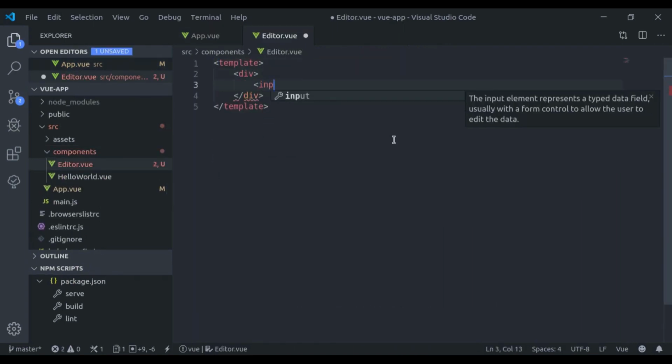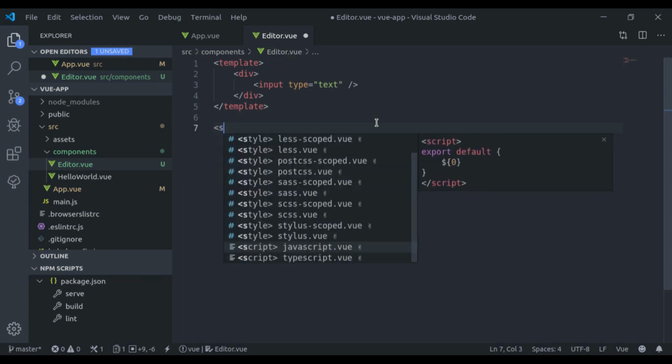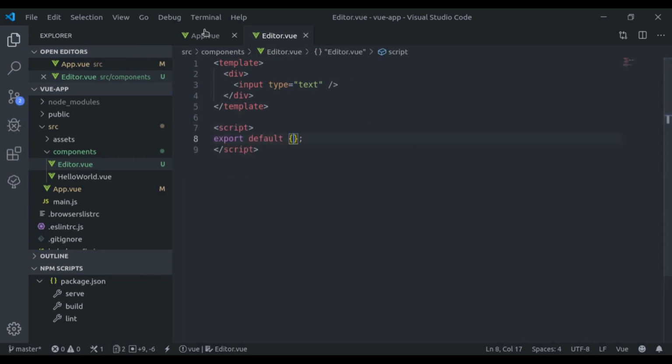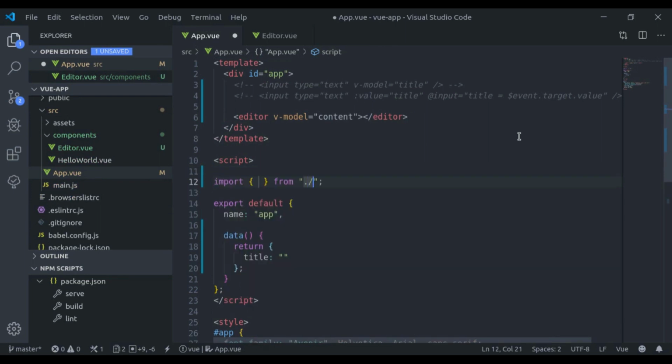Here we create an input type text. Here we have script. Let's import this here, components editor. Here we register that component.